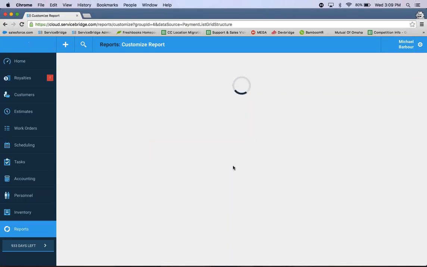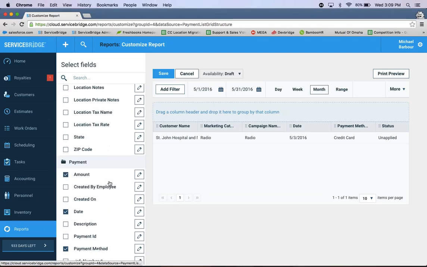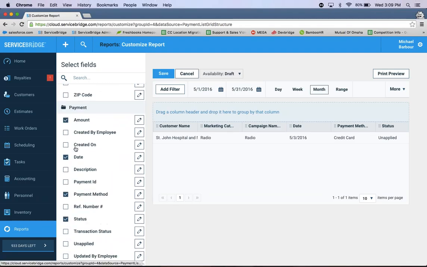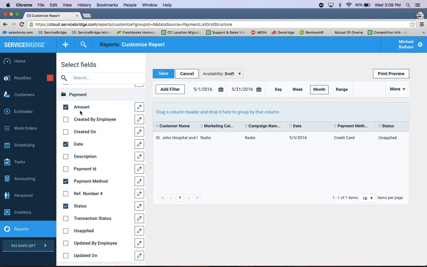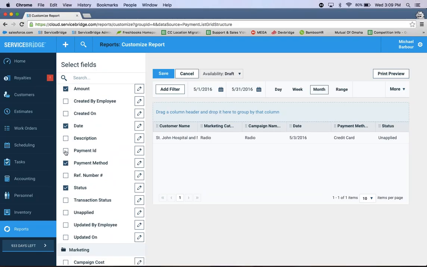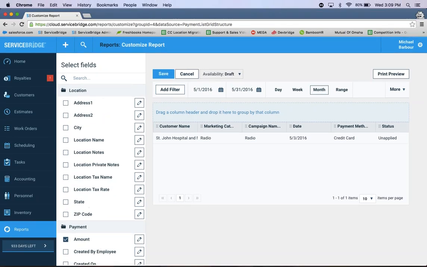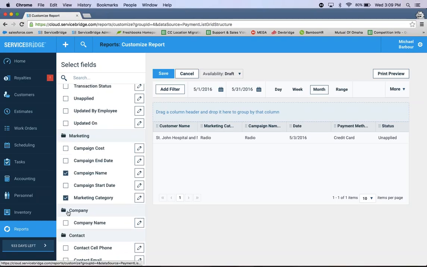So payments essentially are going to show all the payments that you've made. And as you see here, these are the new kind of fields you can click on. So in regards to the payment, we can now pull some data such as the amount, the date, if it's applied or not, the payment ID number, and you can also deselect fields as well.